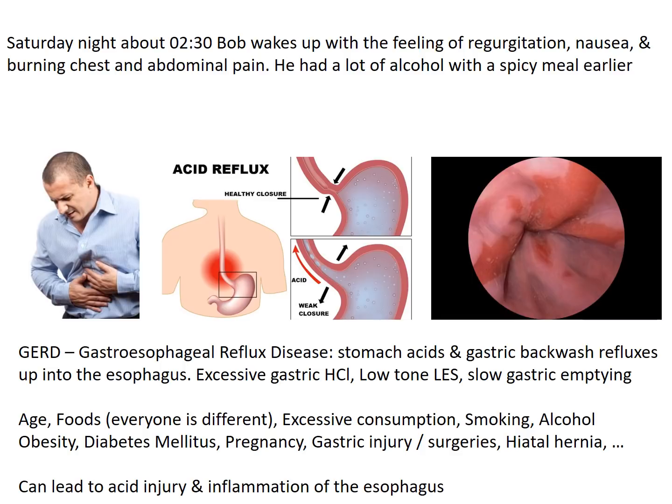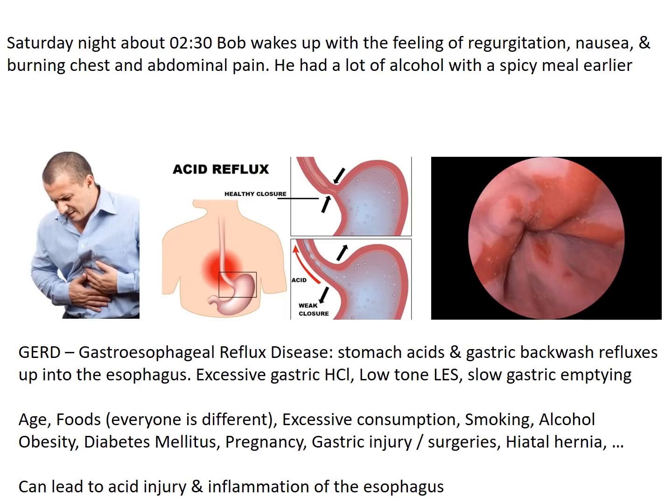Some risk factors for esophageal reflux disease are age. The incidence goes up as we get older. Foods: everyone is different. Some people can and some people cannot tolerate things like citrus and spicy foods. Overeating and distending your stomach, smoking, alcohol. Alcohol actually lowers the tone of the lower esophageal sphincter, making it more likely that you are going to reflux after drinking alcohol. Obesity, diabetes, pregnancy,